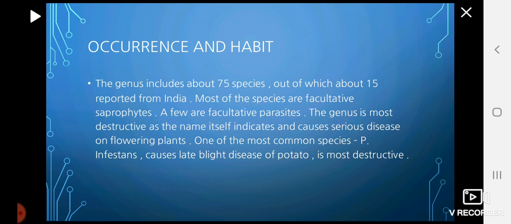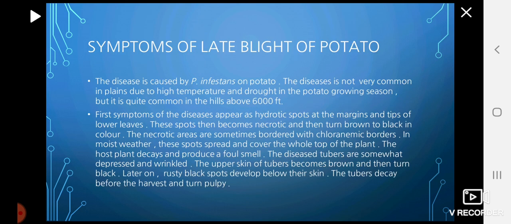Now, the symptoms of this disease: hydrotic spots appear at the margins and the tip of the lower leaves, and these spots become necrotic and turn brown to black in color. And in moist weather, these spots spread and cover the whole top of the plant. The host plant decays and produces a foul smell,